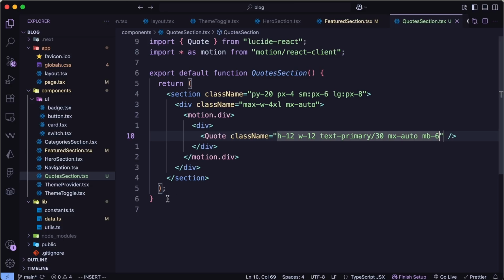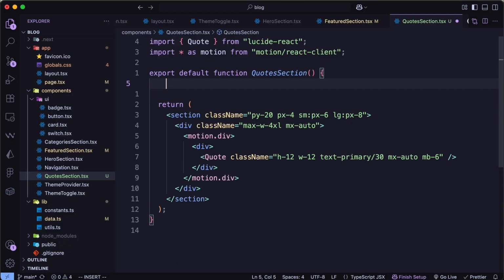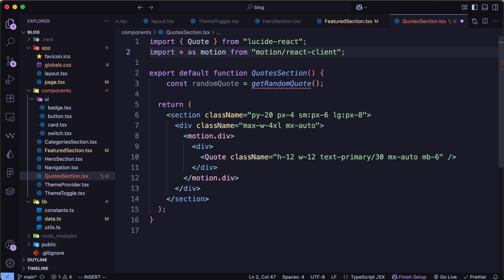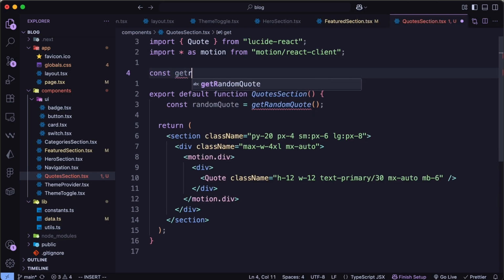Now the next thing we need to do is we need to go ahead and display a random quote. So let's create a function over here to get a random quote. So here I'll just go ahead and type const randomQuote equals, and we'll create a function called getRandomQuote, and let's go ahead and create the function. So here let's go ahead and type const getRandomQuote,